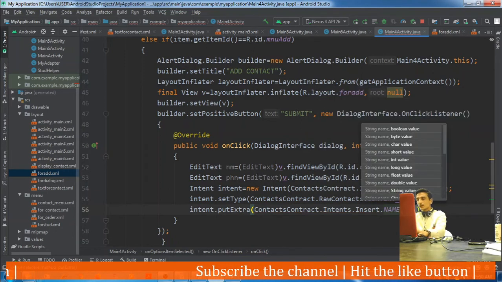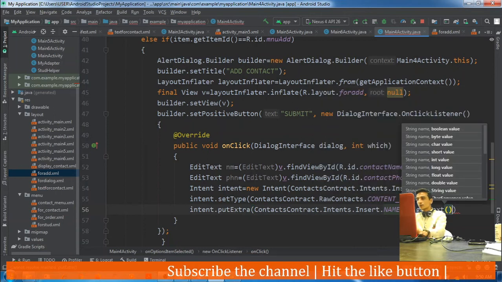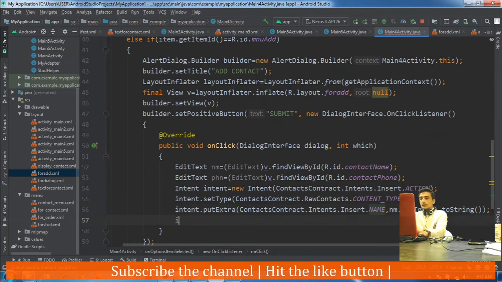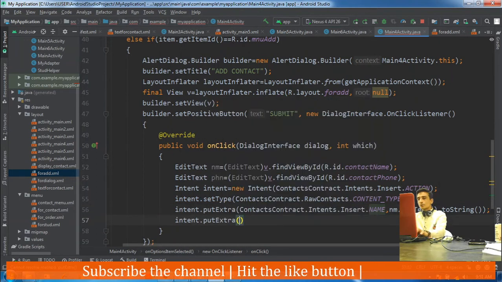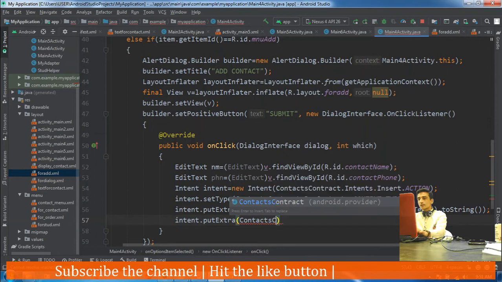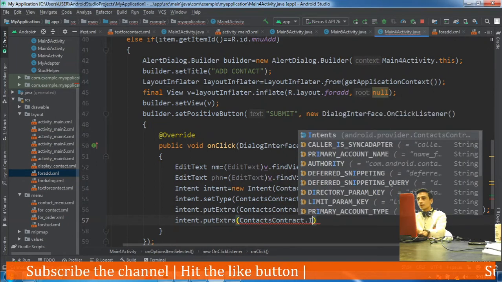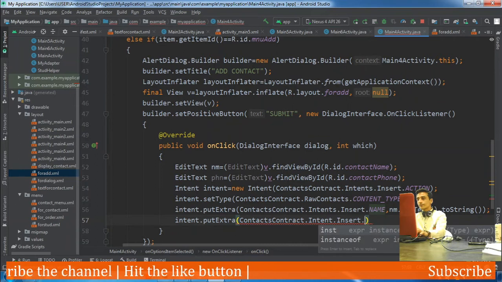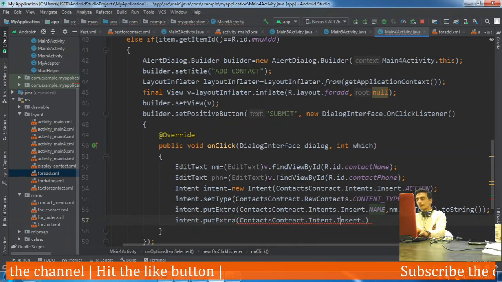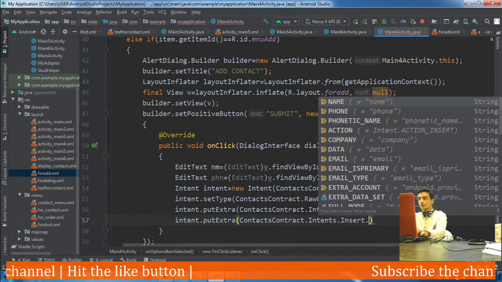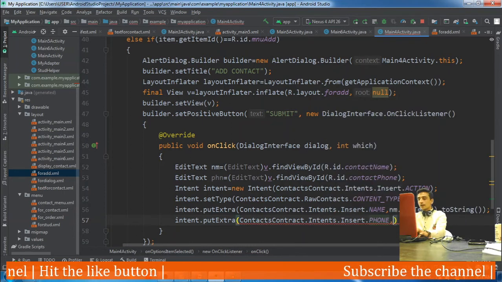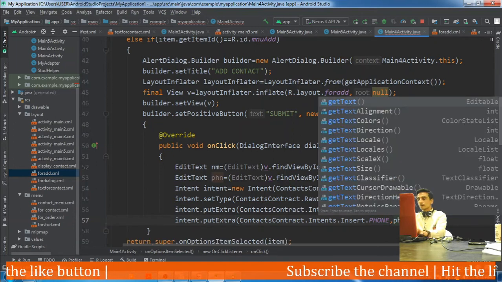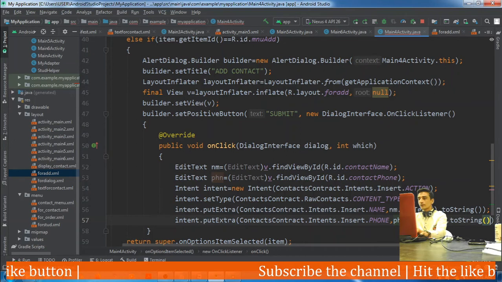Name is in the first EditText, getText().toString(). Another piece of information which we need to put is ContactsContract.Intents.Insert.PHONE. The phone is in the phone EditText, getText().toString().